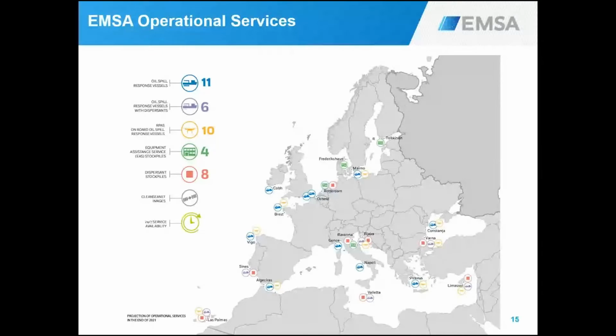I wanted to show you the operational services of the European Maritime Safety Agency in this context. As I explained to you before, our agency has different objectives. One of them is to provide support to the member states in the response to pollution incidents. So we act as a tier 3 in tier 3 incidents, as international support to all the European Union member states, for which we have a strong